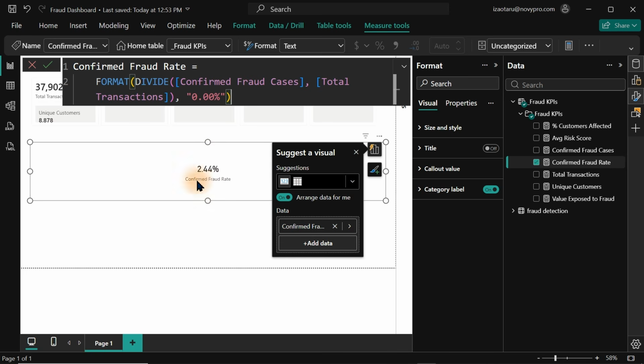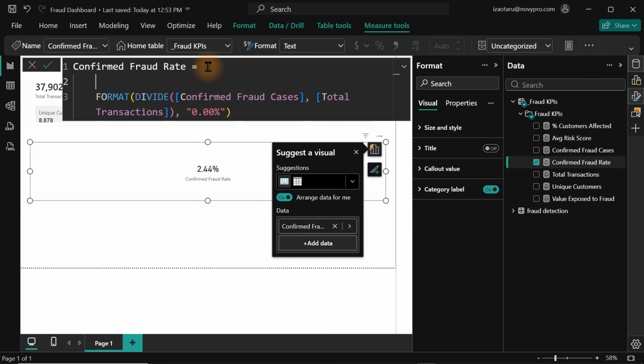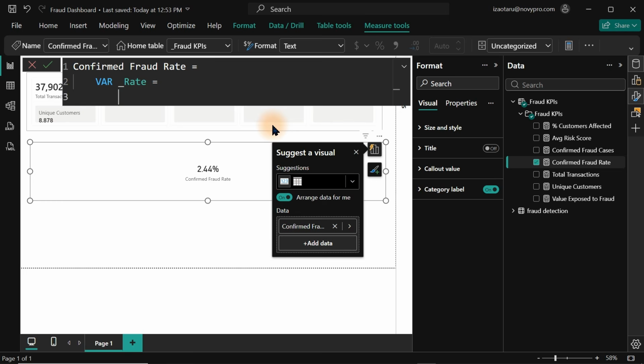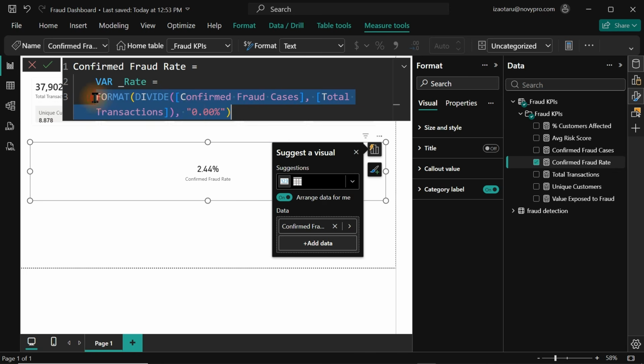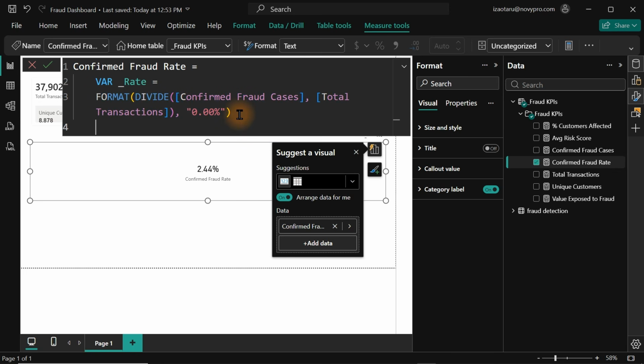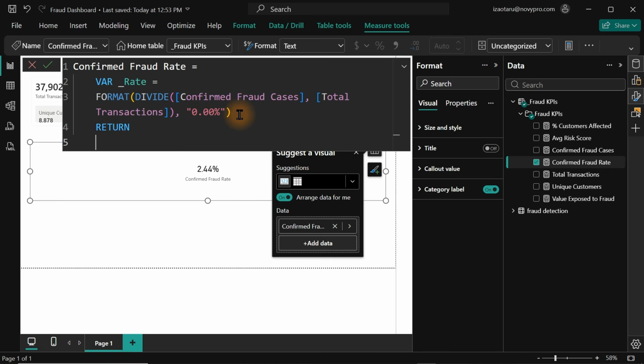What I'm going to do right now is just to make sure I store this one inside a variable. This comes down to understanding your DAX function. So create a variable here, and this variable will be rate equals. So this particular rate stores this highlighted one over here, right? So once you have stored this particular highlighted one, then we go over here and we do return. So under our return here, we're going to say